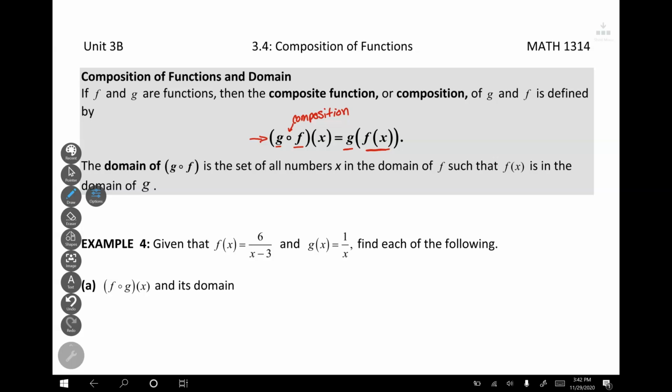The domain of g of f is a set of all numbers x in the domain of f, so it has to be first in the domain of f, such that f of x is also in the domain of g. So whatever you're plugging in to the function g, we need to be in the domain of g as well. So what that comes down to, if we just want to simplify that for ourselves, is the domain is going to be the intersection of the domain of f